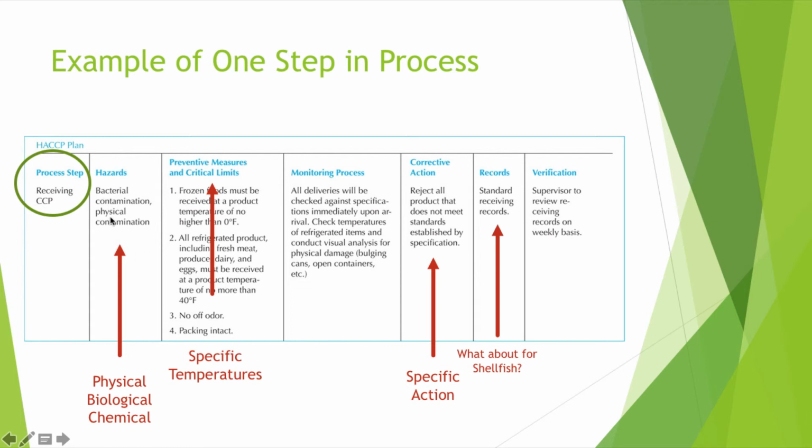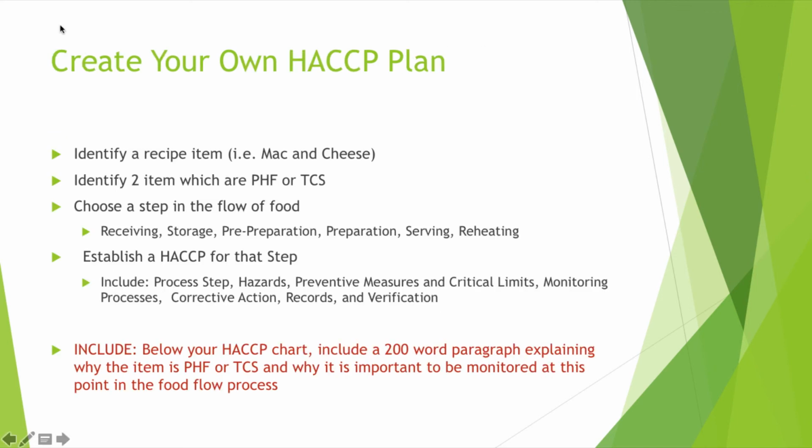Is it susceptible to bacterial physical contamination? So maybe if we did the cheese and we did the pasta may not be a critical control point, nor may it be a PHF food or a TCS food. So you want to go through and still do the analysis. Okay, so it's maybe in dry storage, but it still may be prone to, say, chemical contamination if you don't have the chemicals in the right spot in your restaurant, or other physical contamination as well. And then go through each of the steps as listed here, again for at least 2 ingredients in that one